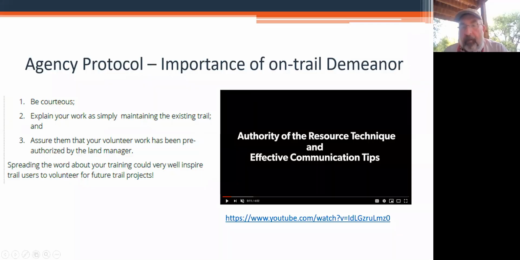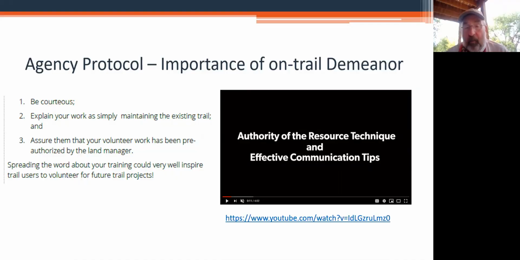Yeah, you may not have time in the class to present the authority of the resource and the techniques that are used. However, it might be good for you to print off some of the different scenarios that are available online and hand those out to the folks so they can read through them before they go out onto the trail.